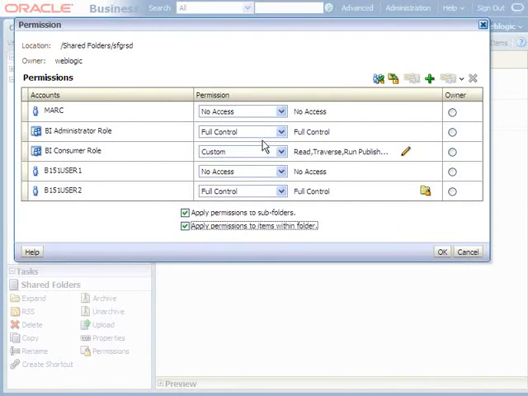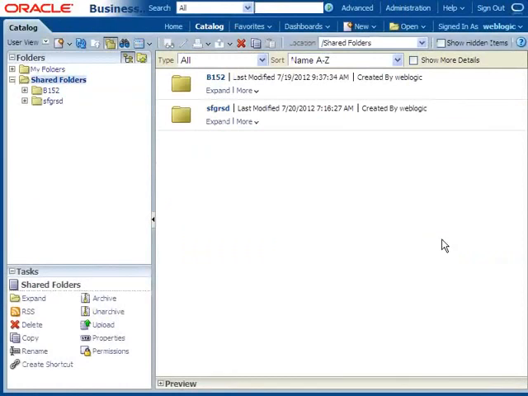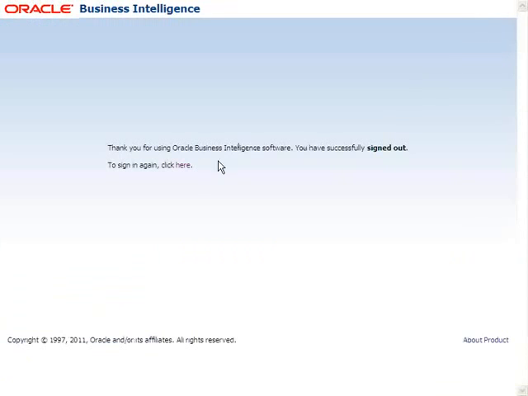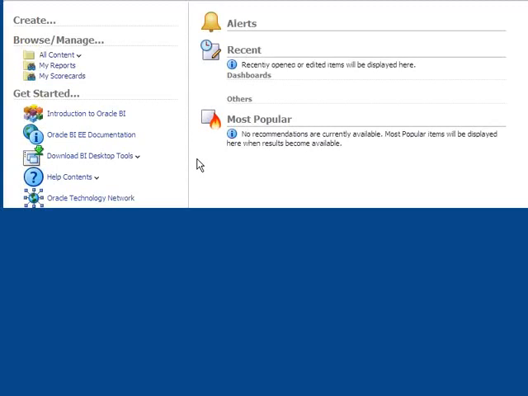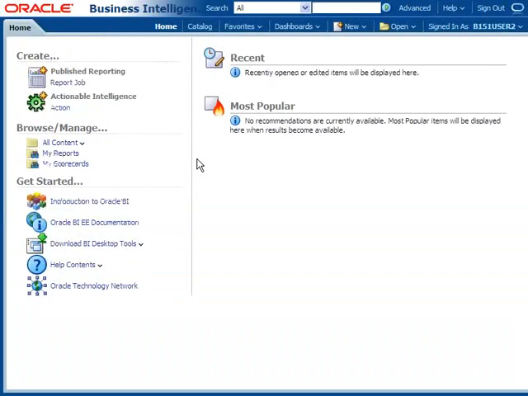Once you selected these 2 options, you can see full control is available. Click on OK. Once you click on OK, go for sign out. Then I am signing in as a user called B151 user 2, with the password RR ITech 123. Then if you go to new,